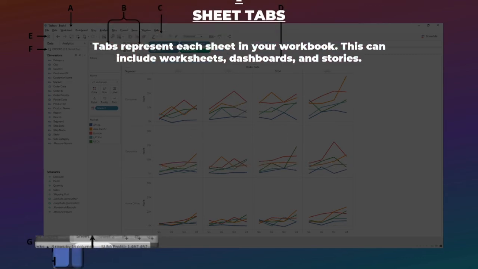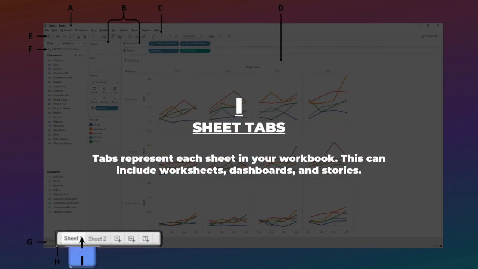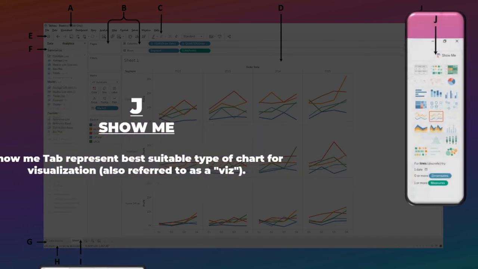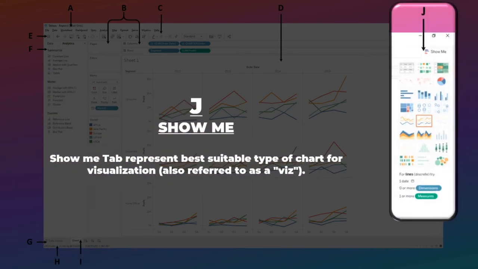After moving further, we have sheets tab, which would represent each sheet in workbook. This can also include worksheets, dashboards and stories too. After sheets tab, we have show me tab. That would be very beneficial as it would select automatically the best suited type of chart for selected attributes.